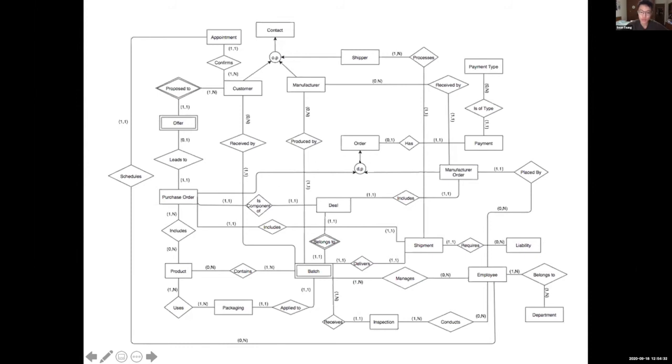For both of these, we've made them partial to allow for the potential addition of different types of orders in the future if the need arises. In terms of weak entities, we have two in our EER diagram: an offer, which is proposed to a customer, and the batch, which belongs to a deal. Yeah, that's all about our diagram.